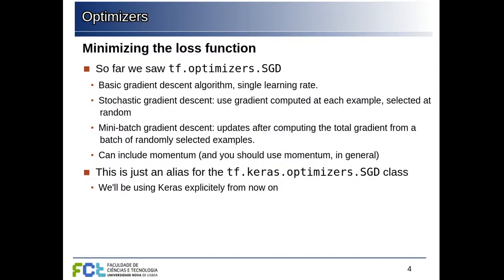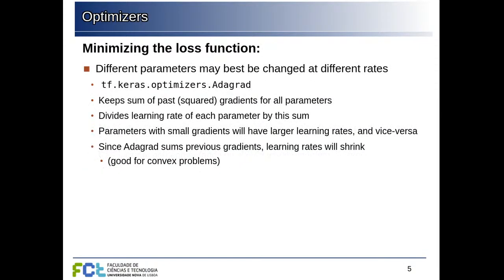One problem with this optimizer is that it uses the same learning rate for all the different parameters, and this may not be a good idea because the loss function may be more dependent on some parameters than others, and so we may have less information about some parameters than others, and this can cause learning not to be as efficient. So one way of changing this a bit is using this adaptive gradient optimizer, AdaGrad, that keeps adding